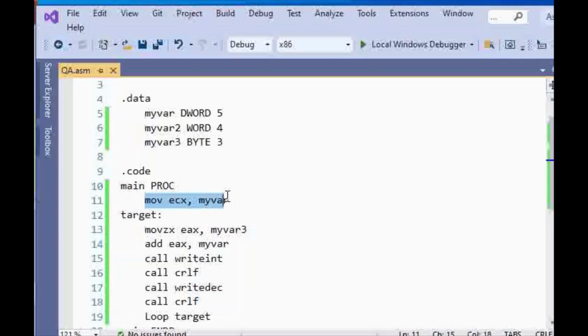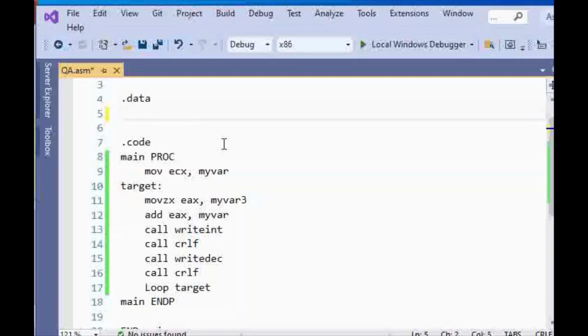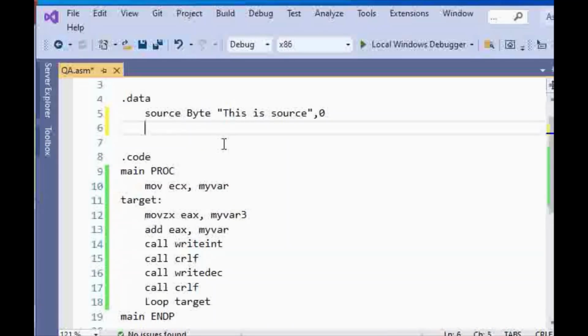It's because of this line of code. We can have each one of these as an array. There is no problem with that. Let's actually do it with a string array. I'm going to have a variable called source, and this is a byte, and I'm going to say this is source. This is the end of it. And then I have target, again byte,